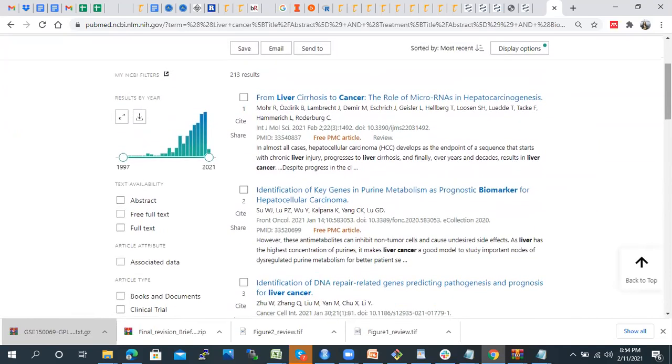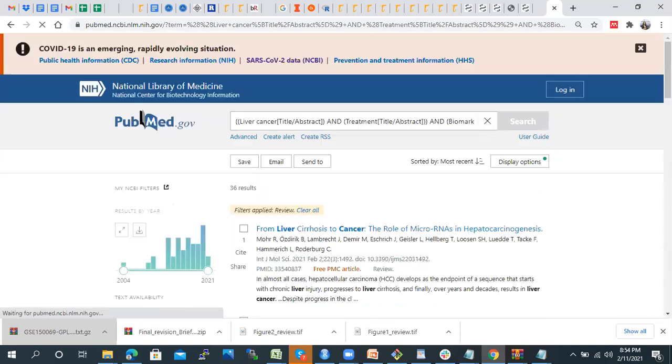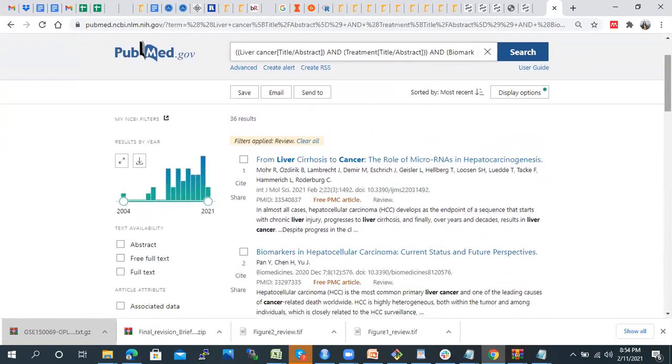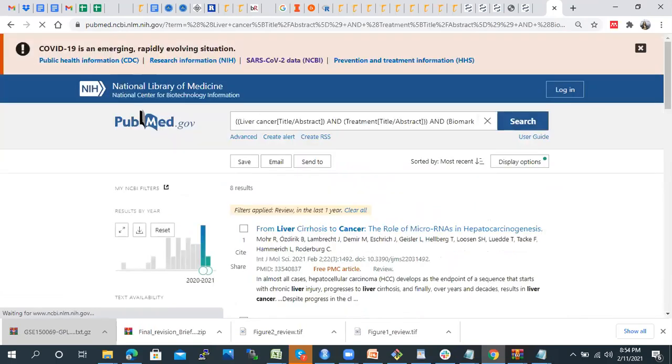What would be the ideal way to go for your literature review? You must go through the review articles, recent review articles that are published in high impact journals, and they should be very recent ones. For example, from here we are getting, look at this, we have reduced to 36 articles. Now you can set up some criteria. You are interested in publication date, like last 1 year, right? So here we finally reduced to 8 research articles.